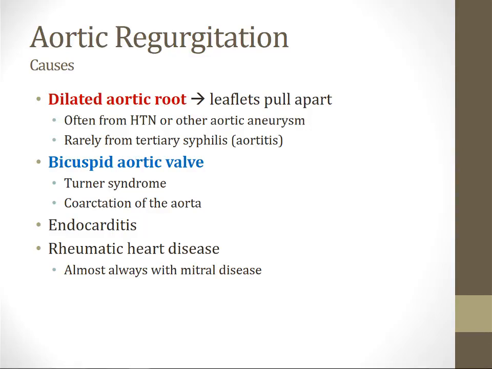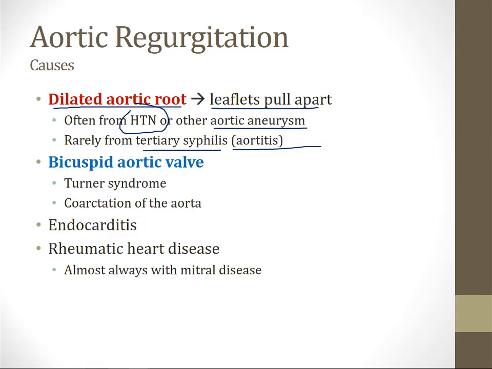Shown on this slide are causes of aortic regurgitation. Any process that leads to a dilated root of the aorta can pull the aortic valve leaflets apart, and this can lead to regurgitation. This is often seen among patients with hypertension or patients with any other cause of an aortic aneurysm. For example, patients with Marfan syndrome often have aortic aneurysms, and this can lead to aortic regurgitation. You can also develop aortic regurgitation from tertiary syphilis. This is basically unheard of in the modern era, but years ago when there were no therapies for syphilis, patients would develop tertiary syphilis, and as part of that process they would develop aortitis, and this often led to aortic